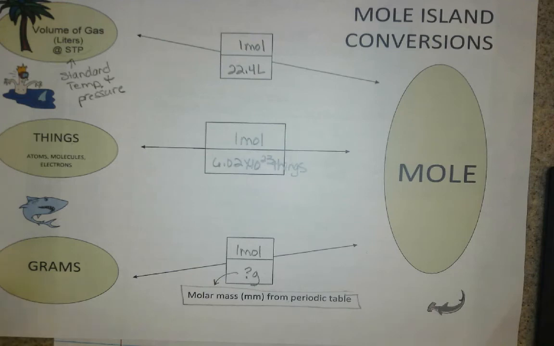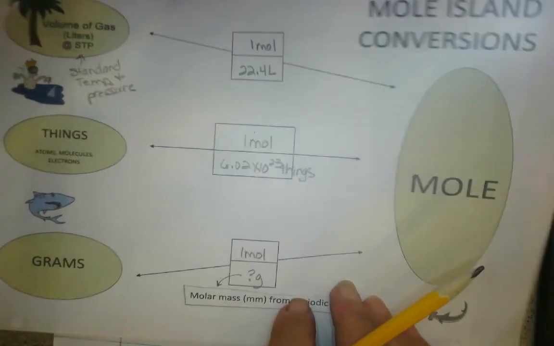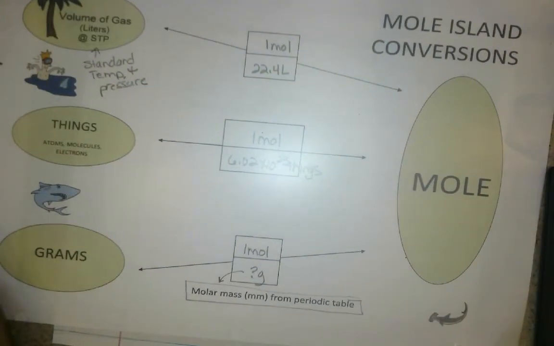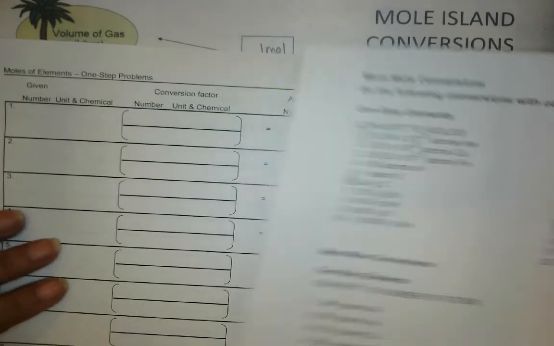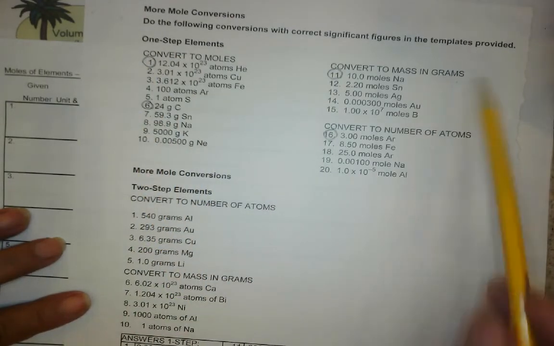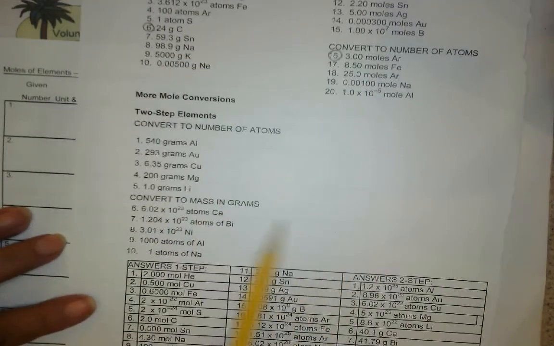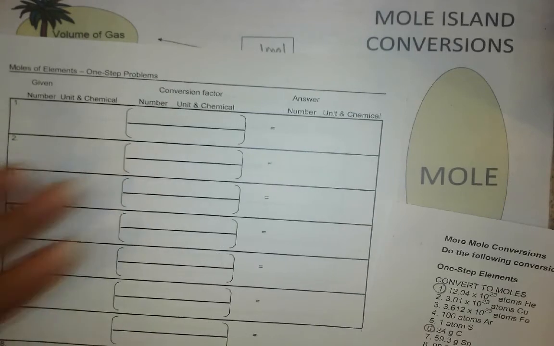So we are going to do the first problem together on our worksheet. Okay, so if you open up your worksheet, so here is your worksheet. We have 1-step conversions, which I'm going over now. Your next video will be 2-step conversions. All your answers are down here, okay? You will also be given this worksheet,